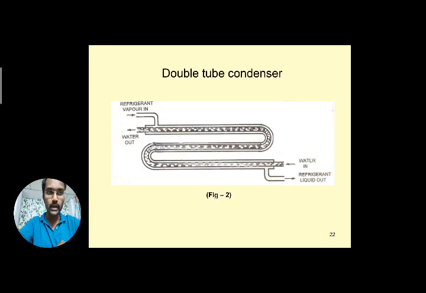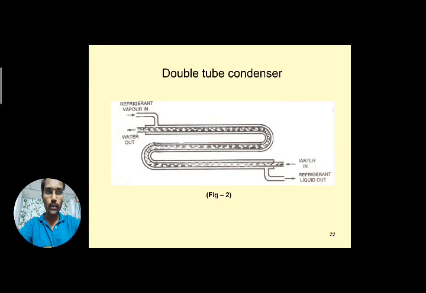So you can observe here from the top, you can see the outer section of the tube where the refrigerant vapor is entering from the compressor, and it enters into the outer section of the pipe. Whereas the inner section of the pipe, if you observe, water is flowing inside the tube. Here the water is entering at the bottom side of the condenser. Next, whatever the vapor refrigerant has entered through the outer section of the pipe, it exits at the bottom by changing its phase to liquid refrigerant.